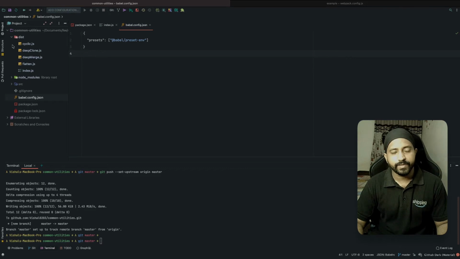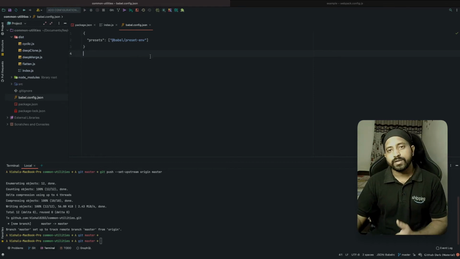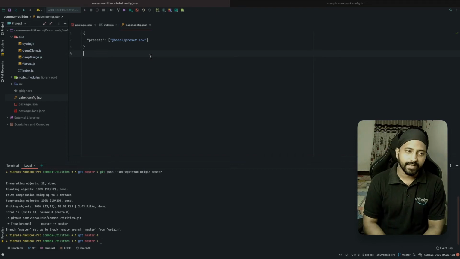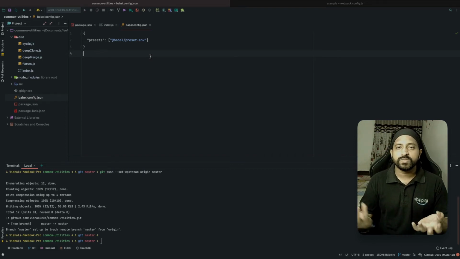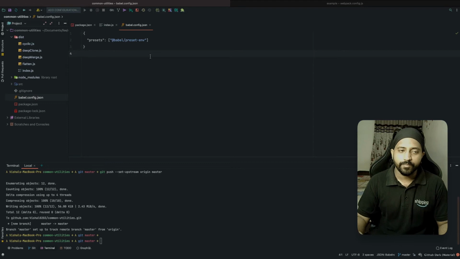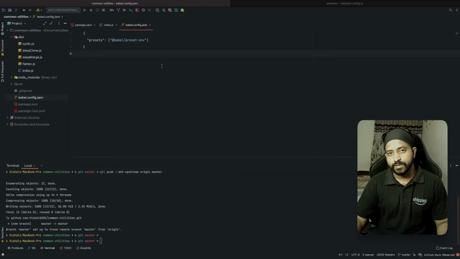So basically once the code is built, the dist will have the minified version of the code, but I do not want to uglify because I still want the users of my package to be able to use the function names properly while they are importing my library, right? So the entire idea of uglifying the JS, I'm handing it over to the client, where if they want to do it, they can do it.